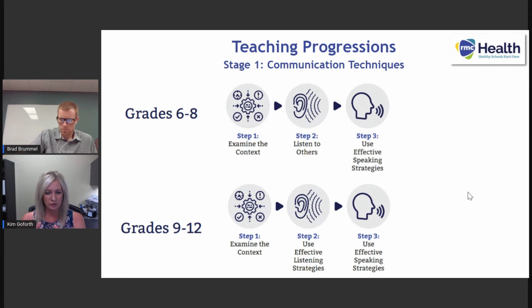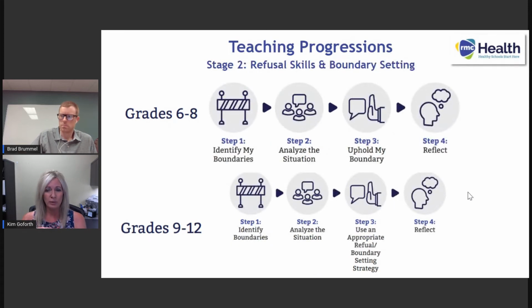Grades 9-12, you're actually using those skills. And then step 3 is using those speaking strategies again. So stage 1 looks very similar except step 2. Now stage 2, progressing forward into the refusal skills and boundary setting, looks a little bit different again, and you'll